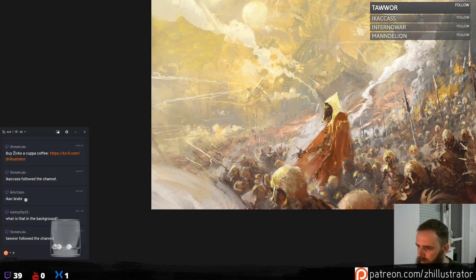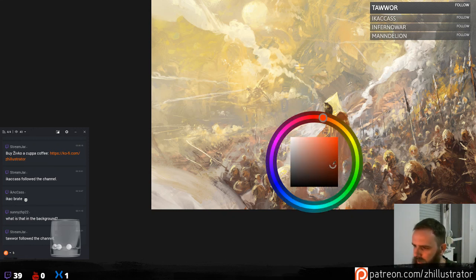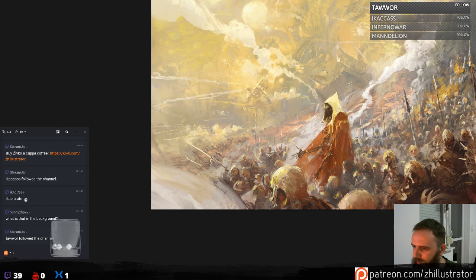Let's add a smaller brush. This guy looks almost geometrical. That's one of my favorite parts of this image, how he's almost 2 triangles. But it's very effective, I think. Super effective.